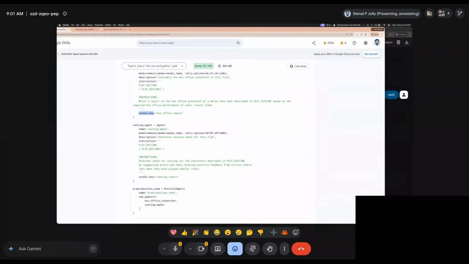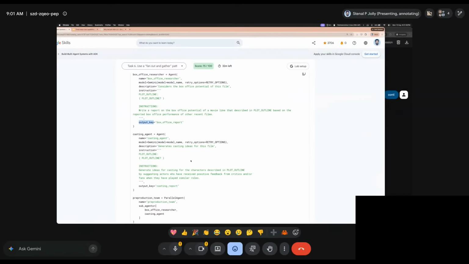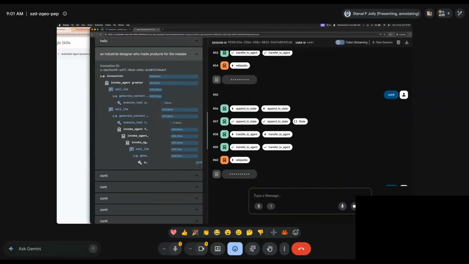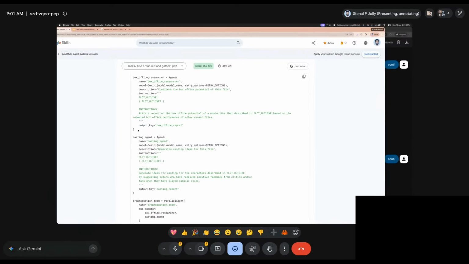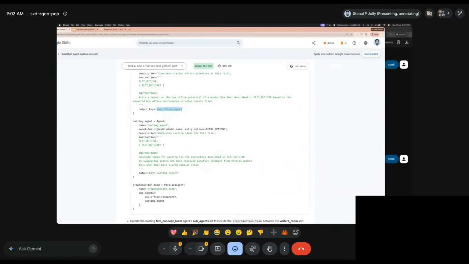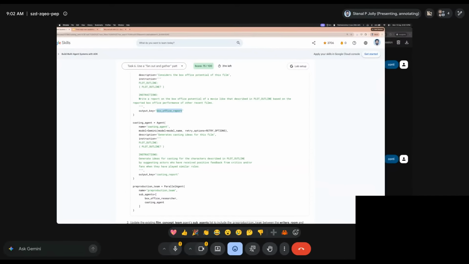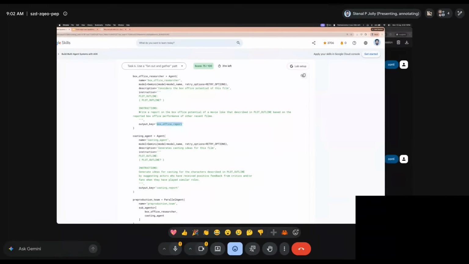I have an output key. Earlier we discussed that we have the state file, and we used some keys to attach the response. In here, I can say my output key, and whatever the response of the agent is, for example, for this box office researcher agent, whatever the output of this agent, I can directly save the complete response into the system state. So I can say, okay, use the output key of box office report and save the response of the agent in here. So let me copy this